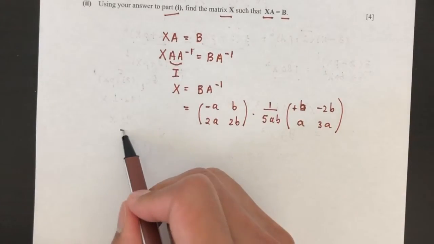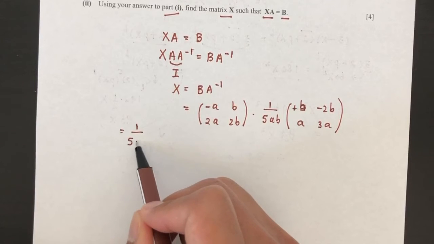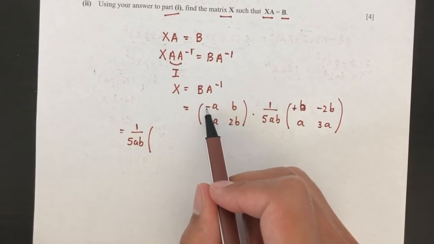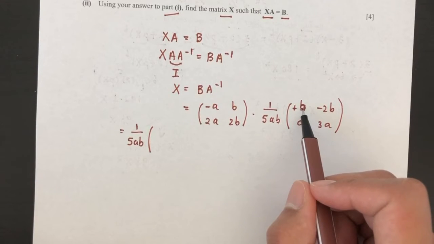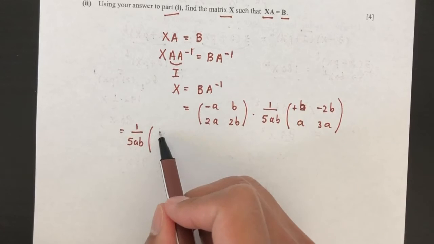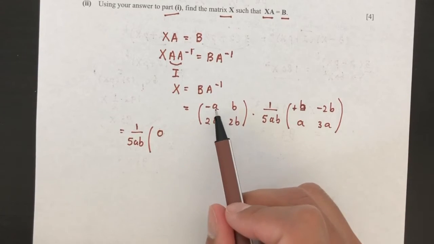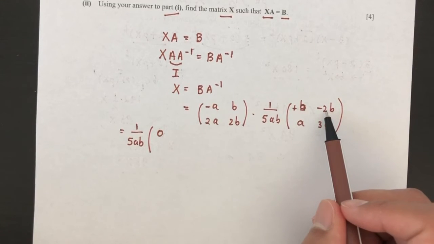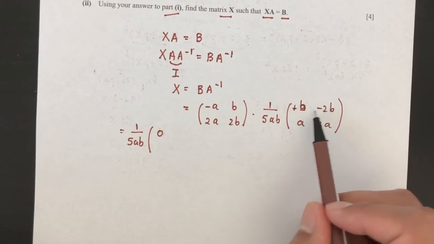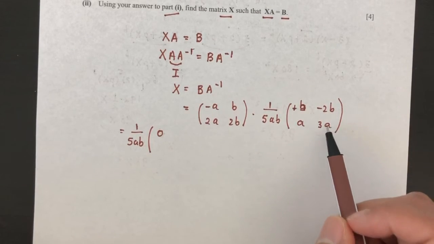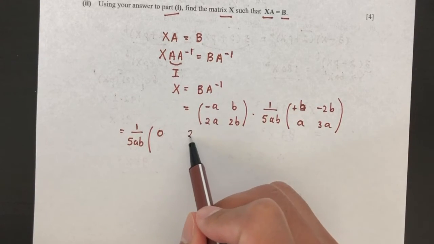So let's put 1 over 5AB outside. And multiply rows by column. So minus A times B will be minus AB, plus these two, that will be 0. Now same thing, rows by column. So minus times minus becomes plus, that will be 2AB, plus